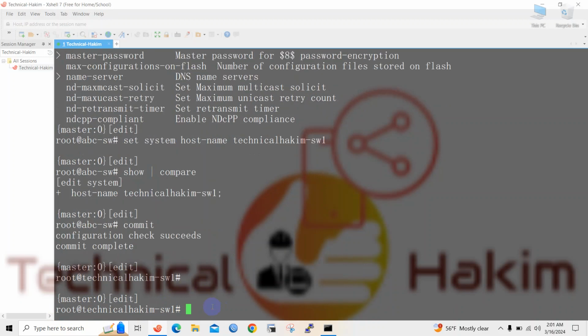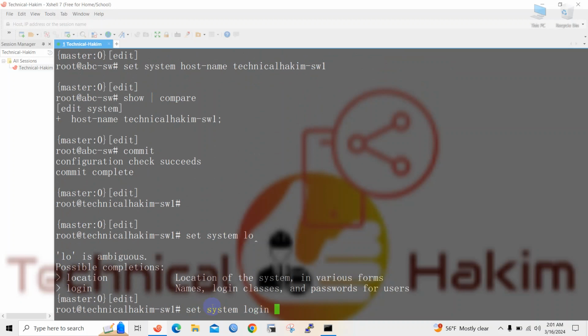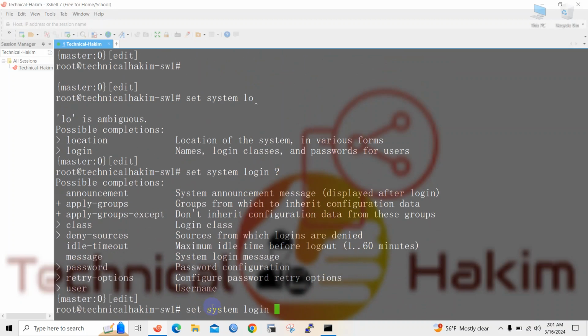So now we will know how to set login message or login banner in Juniper or in this device. So for that we will issue set system login, and you can issue question mark, set system login message, and now enter the message which you want to prompt when logging into the device. So I write